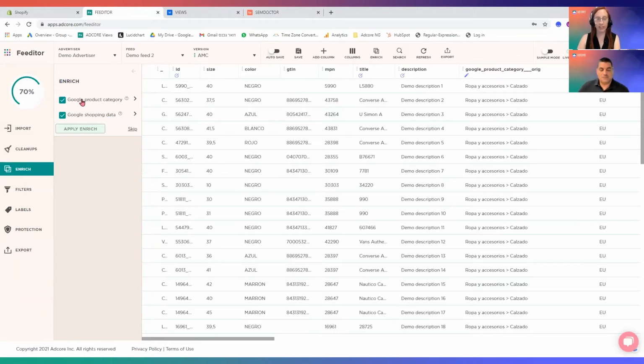We have here two features that add valuable data to the feed. The first one is the Google product category. This feature will add a new column to the feed that will contain the product category. This will be based on an AI algorithm, which we created here in Adcore, that takes the title and descriptions and creates and recognizes the Google product category. Many people do it manually and they miss a lot of information. So this algorithm is a smart algorithm and will help the user to create better campaigns based on the product